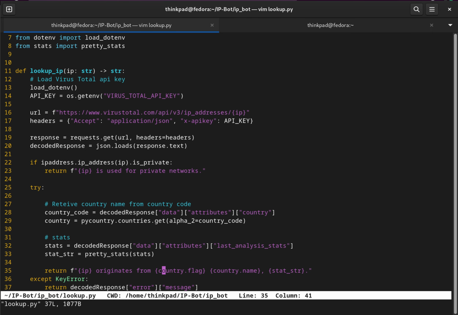Next file is lookup. Once again, we need an environment variable for VirusTotal, which is the site that will give us information about the IP. So we need to load this variable. Again, using the dotenv library, we get our response, we decode it. We check using the built-in ipaddress module if it's a private IP, if it's within the private range. If it is, then we just return a string saying that it's a private network. Otherwise, we try taking the response and we try indexing into it. If we get a proper response, a proper IP address, then we'll have